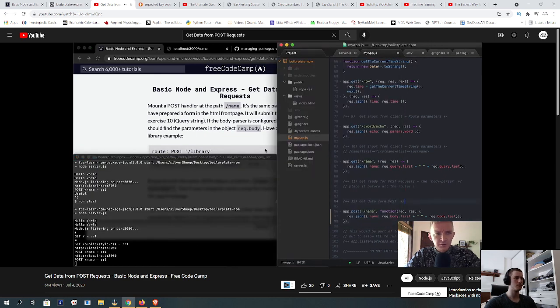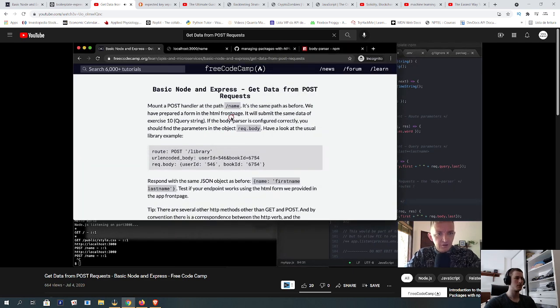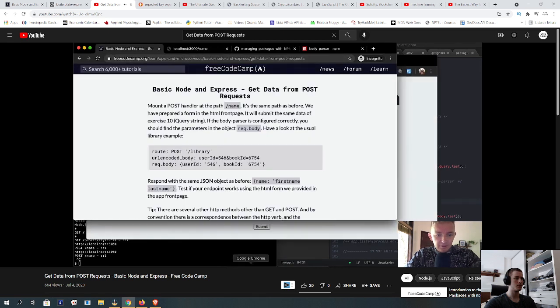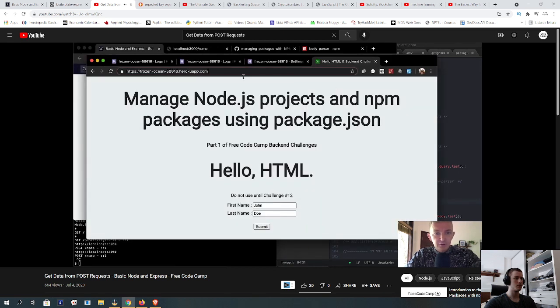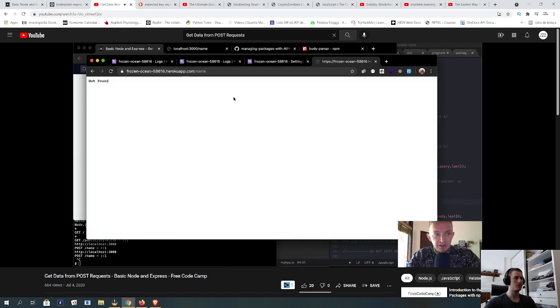So yeah, it does seem to be working. We've got everything saved. So I'm going to cancel the local server, and what we need to do now is push our code to our production server. Right now I'm at our production server, and if we load that, go "useful programmer", and we submit that, it just says not found